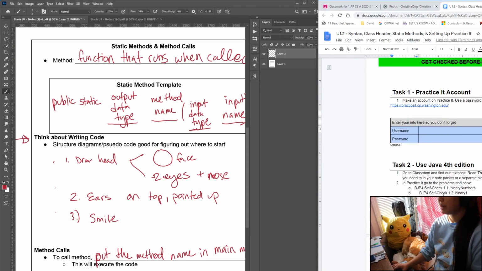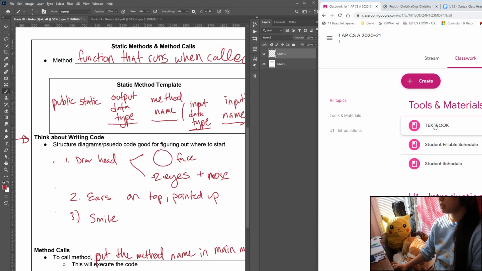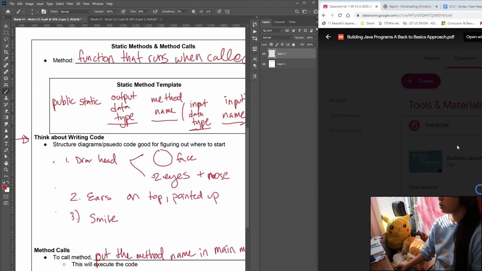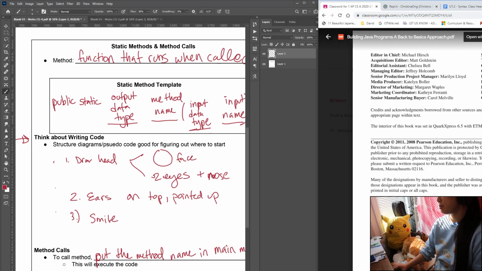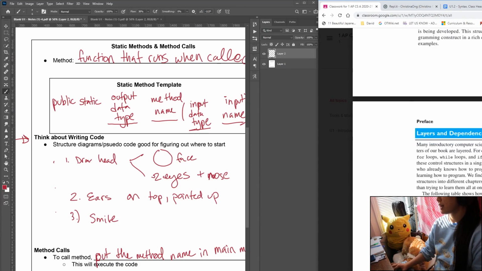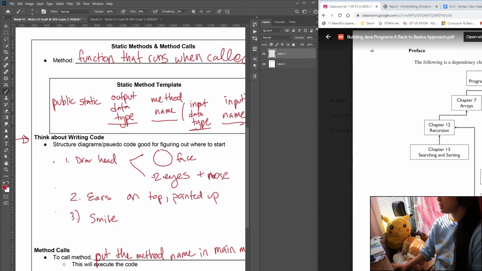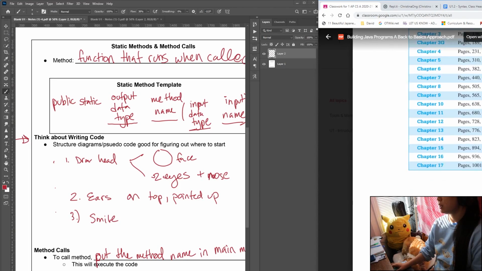Then, after that, I want you to go to, we're using the Java 4th edition. So, you need to read the digital realms, page 4 to 6 in our textbook. If you go into our classroom under tools and materials, you'll see textbook, and there you go. And of course, we don't mean page 4 to 6 here by just scrolling, because as you can see, it's just the copyright info. I want you to actually look at the pages. So if you scroll all the way down,